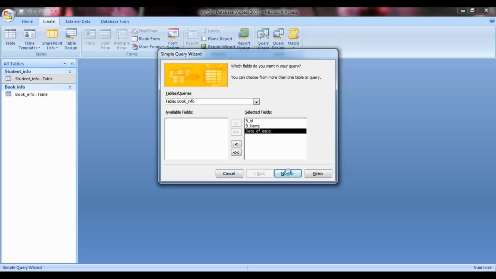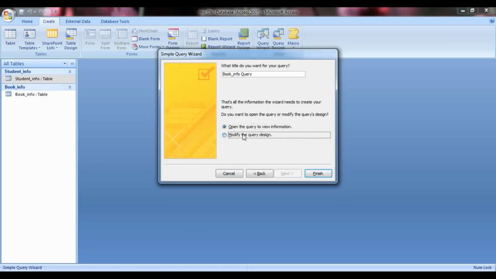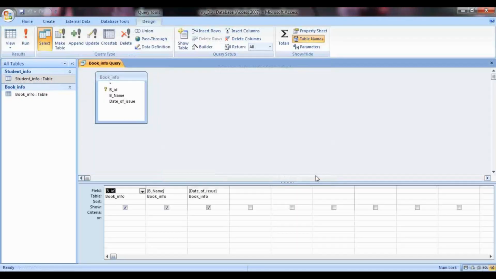Then you click on next, modify the query design, next. Now if you look here, this is my book info table and these are the fields which I have selected to be displayed. In this I want to see the books that have been issued on 20th March 2020.